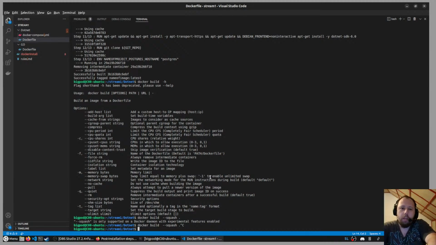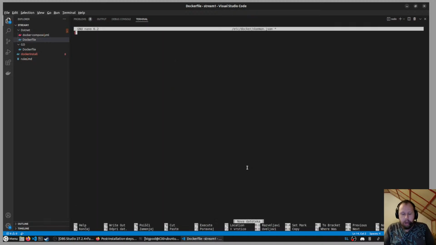Docker experimental enable. Okay, let's do this. Sudo nano /etc/docker/daemon.json